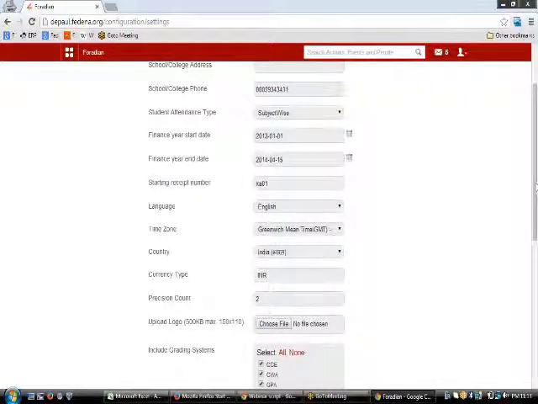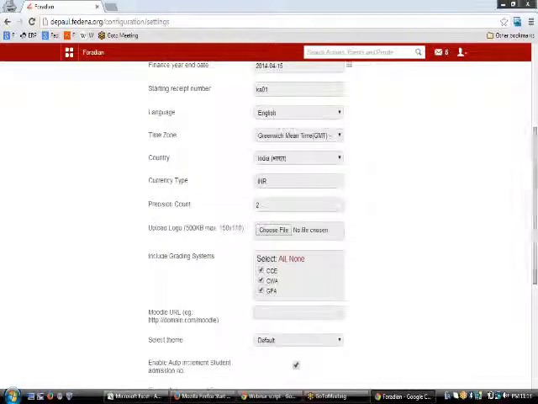And then the currency type. So the currency type in which the financial transactions can be held is to be entered here. And then we have this precision count, where the entered precision count will be used for all the financial transactions that we will be doing. So let us suppose that the precision count is 2. So the system won't allow any decimal digits after 2 decimal precision. So that's what we mean when we use the precision count part.